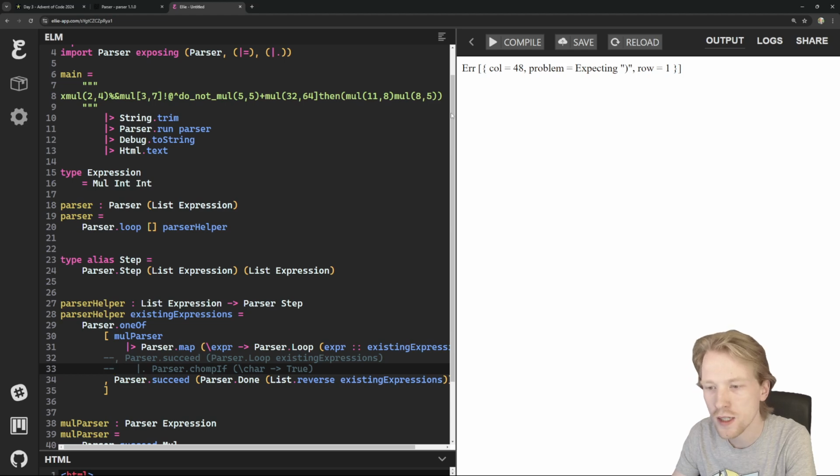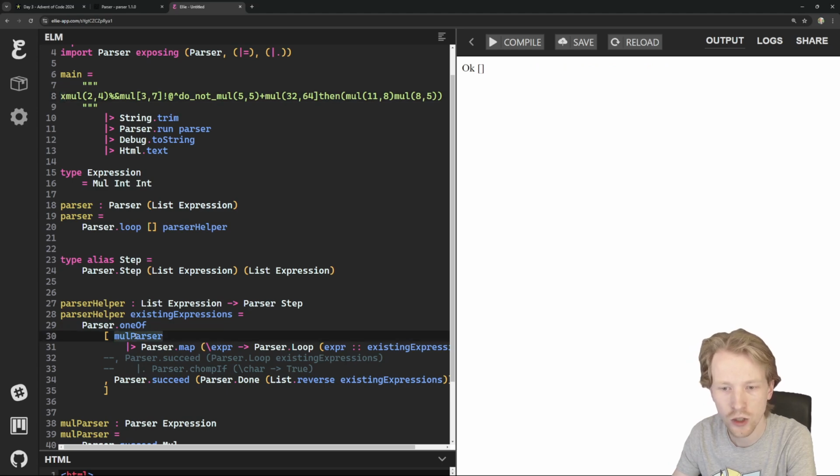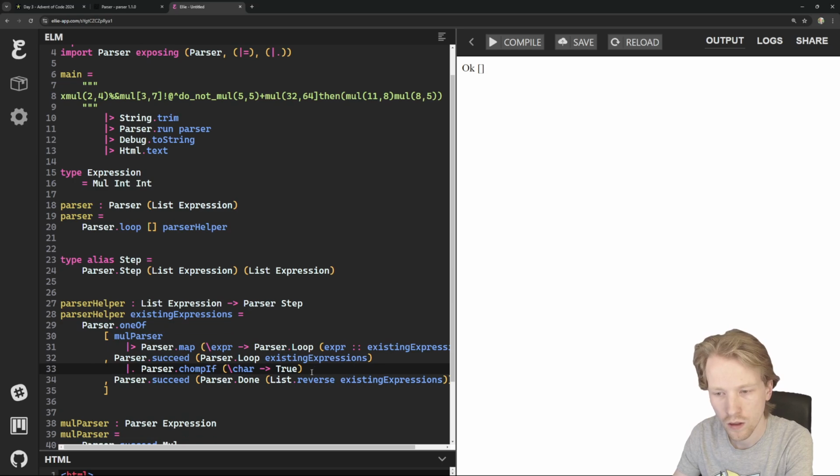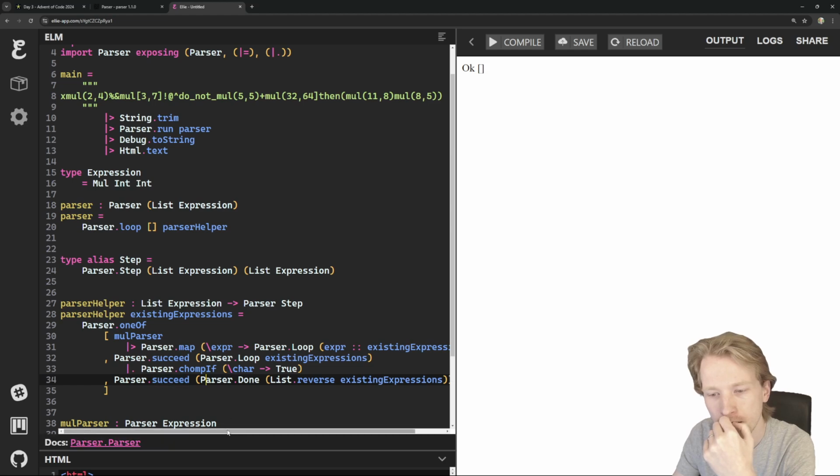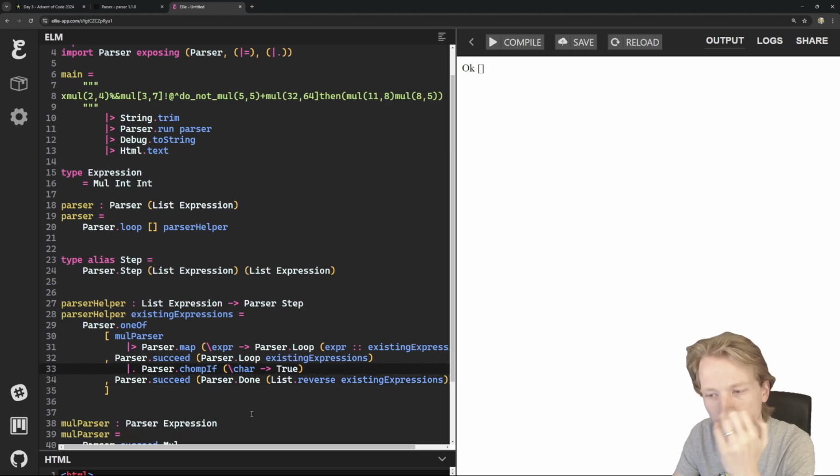So this should succeed and give me an empty list. Okay, that makes sense, because what it's doing is it gets to X, it tries to run the parser, that fails, and so then it moves on. What I'm trying to figure out is why this isn't failing. Chomp if parser succeed, does that, it does this. So let me just